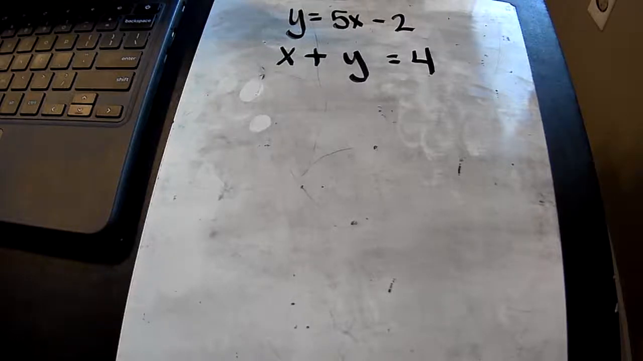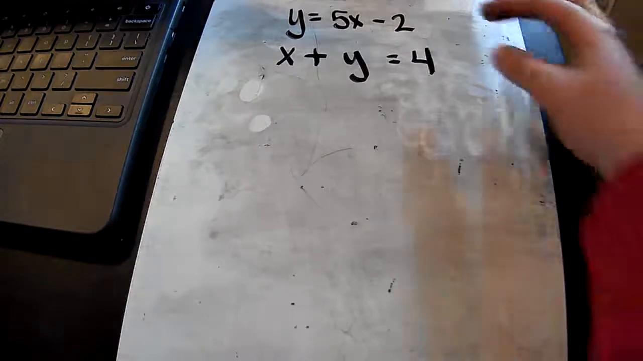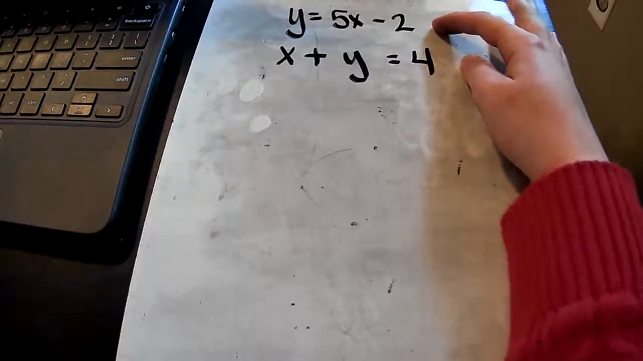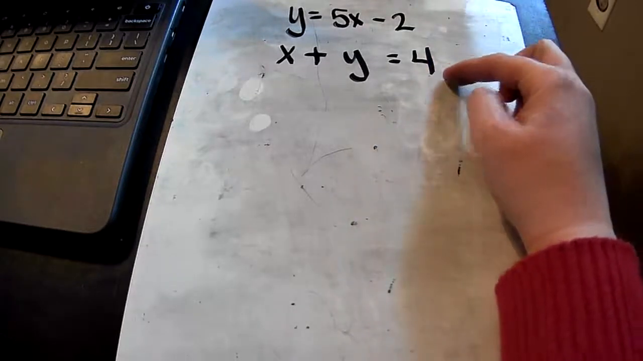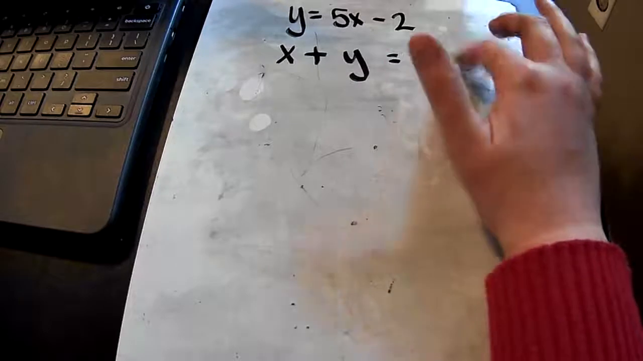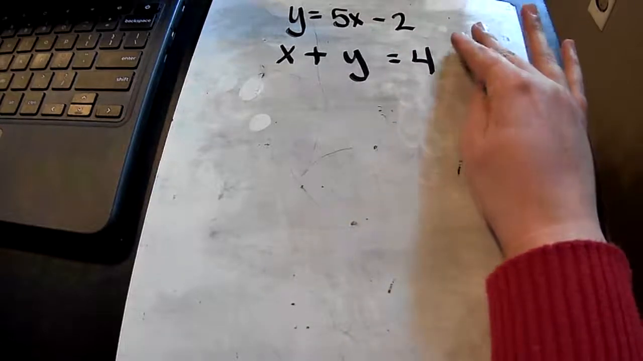All right, this is number 3 on the digital assignment for February 12th. This is still solving the system of equations here, y equals 5x minus 2, and then x plus y equals 4. We're still being asked to use the substitution method here, but this one is a little bit different than